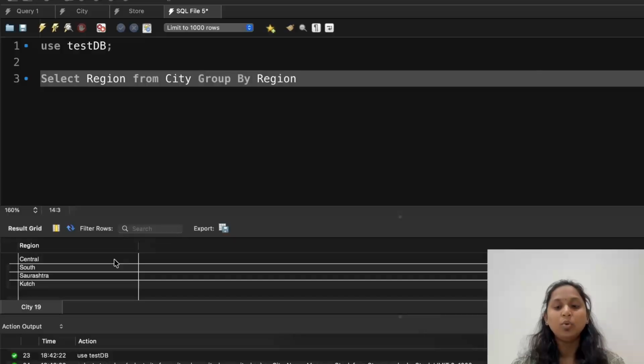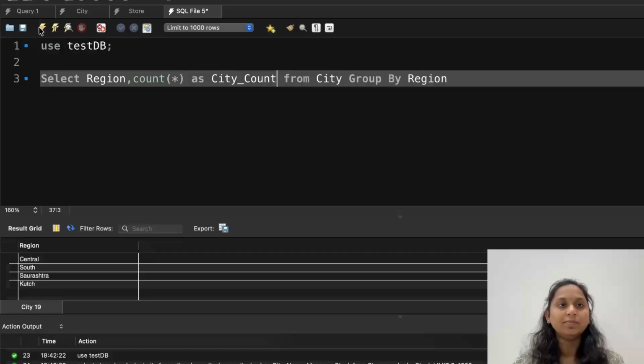So how can I do the aggregate function? You just simply use the star. Star means there are some columns, but we cannot use star directly. So I use the count method. Count will give you the idea of how many cities belong in a specific region. Fine. And if you want an alias, you can provide a specific title to this column. What name you want to provide? City count. Yes. Is this fine or not?